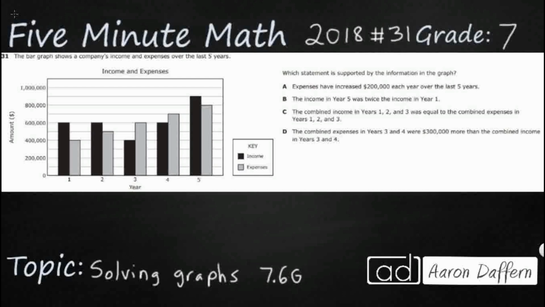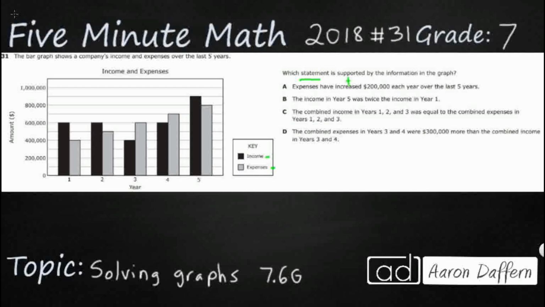So we have a bar graph, and it's got two different colored bars. We've got the dark bars as income and the light bars as expenses. And we simply need to find the statement that is supported. So let's start with A. Expenses have increased